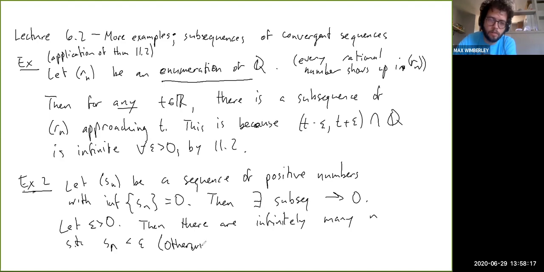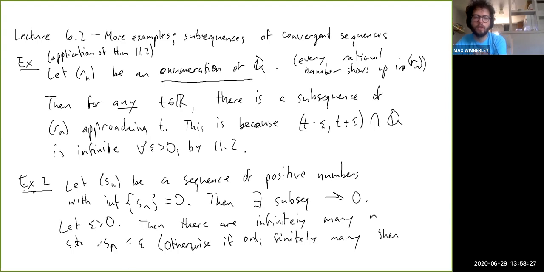Otherwise, if there were only finitely many n for which this was true, we could take the minimum of all the Sn